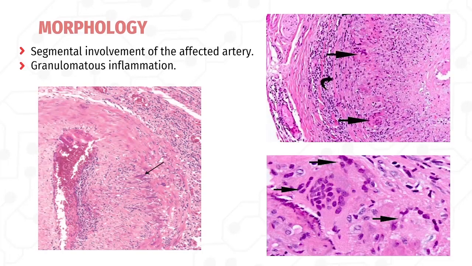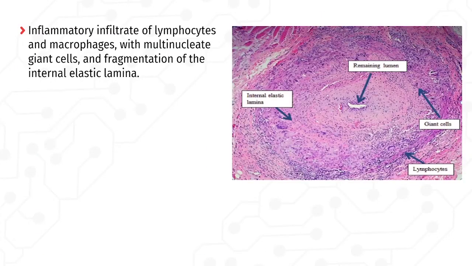The majority of the lesions exhibit granulomatous inflammation and giant cell formation within the inner tunica media centered on the internal elastic membrane. As you can see in those slides, the giant cells, and in the other slide you can see the degenerated internal elastic lamina in active arteritis. In this slide there is an inflammatory infiltrate of lymphocytes and macrophages with giant cells, and also fragmentation of the